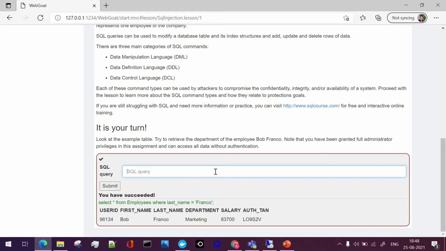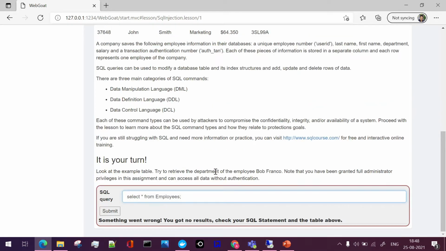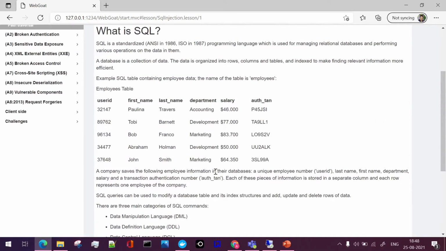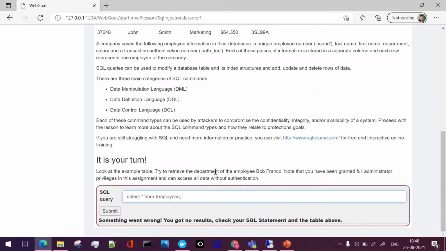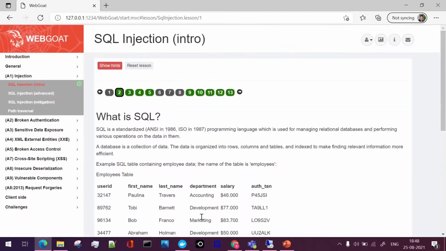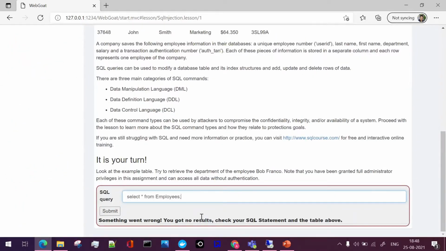If we try select star from some other table, obviously this particular example is not valid, and this cannot be done with this table.